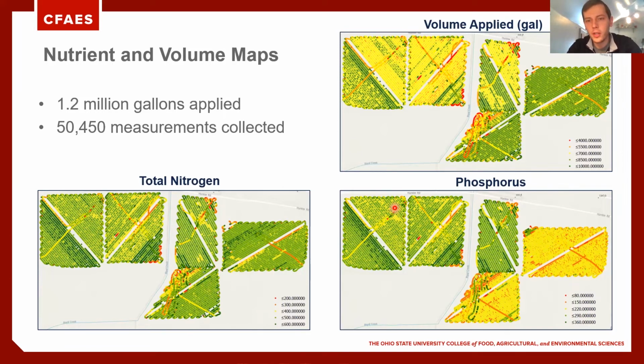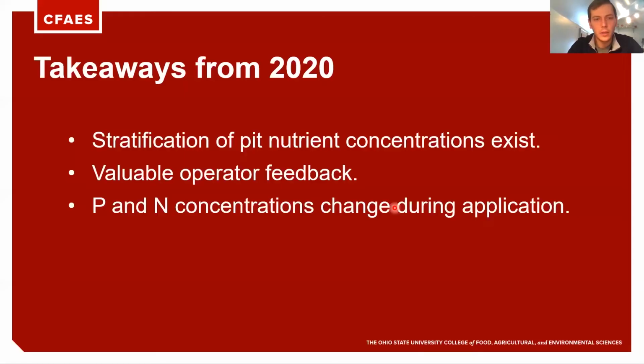I just think that these are some pretty cool maps. Just want to share kind of what we're seeing. Very preliminary results. We only have a small data set right now, but this is some pretty cool information to use just to show what these sensors can do. So, I just want to reiterate that we see stratification of the pit nutrients. There's valuable operator feedback, and your phosphorus and your nitrogen concentrations do change during application, as was shown in those last